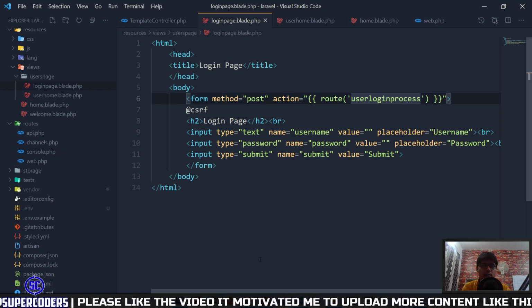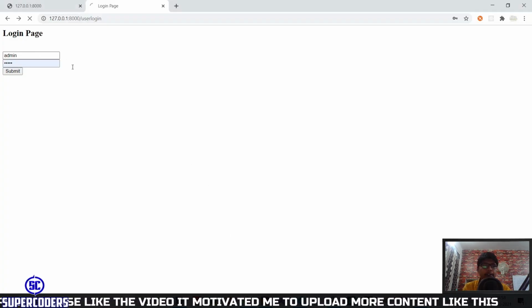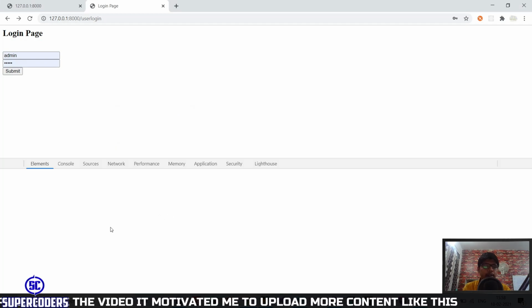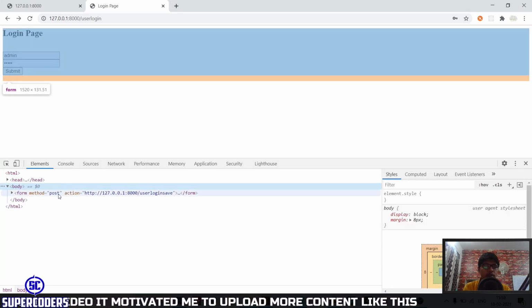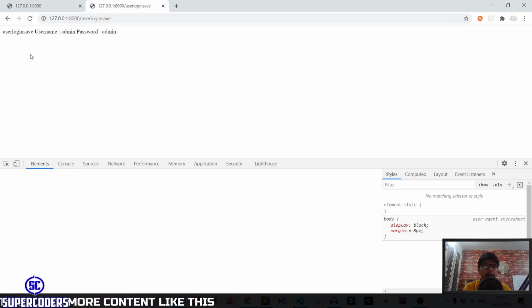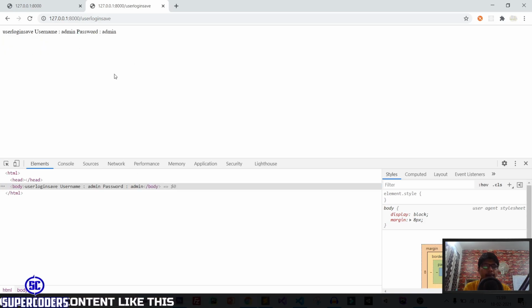And if I check again, so back to browser, refresh page, you can see action value has been changed and it's get updated, means you can access your route by using route name. And if I submit, you can see it is working perfect.